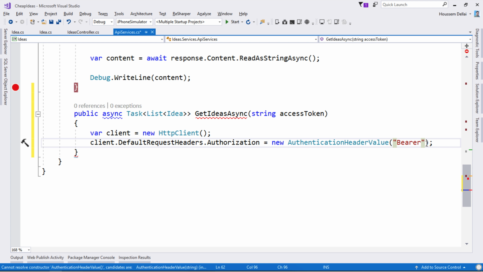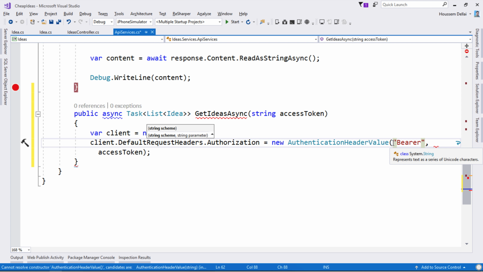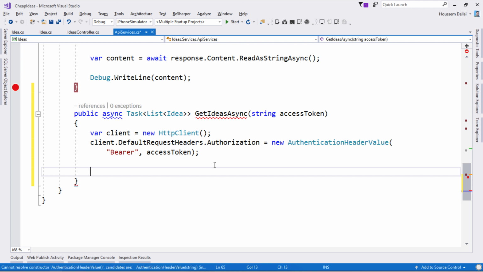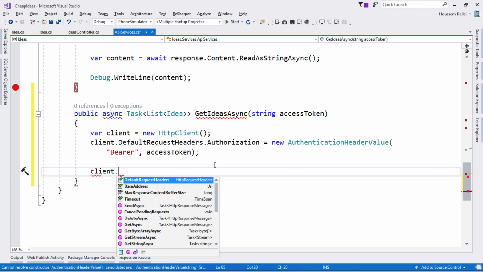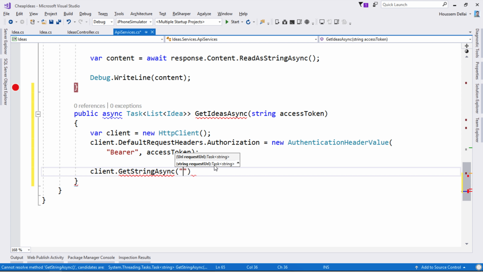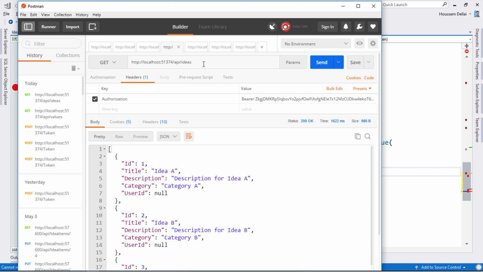Great, so let's say it's a bearer, then we pass that access token. With those two values, now we have created an authenticated request. Now we just need to send this request by calling GetStringAsync, and we need to invoke the API, the URL for getting all the ideas, and here it's this one. I get it from Postman,